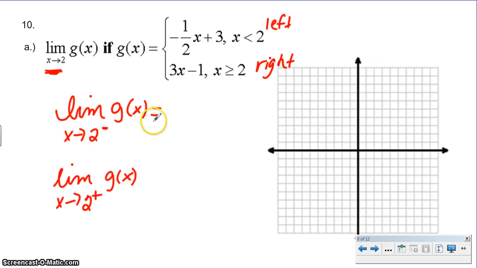So all we're doing here is we're evaluating at 2. If we plug in 2 for this left-hand piecewise, what is our output going to be? When we plug in 2, we're actually going to get an output of 2. Easy enough. Now, when I do the limit as it approaches from the right, if I plug in 2, my output is actually going to be 5. Since they are not the same,